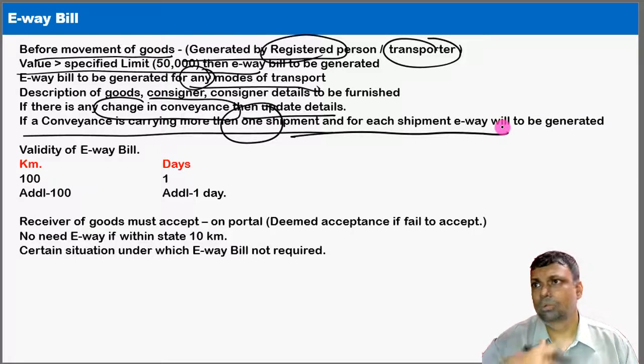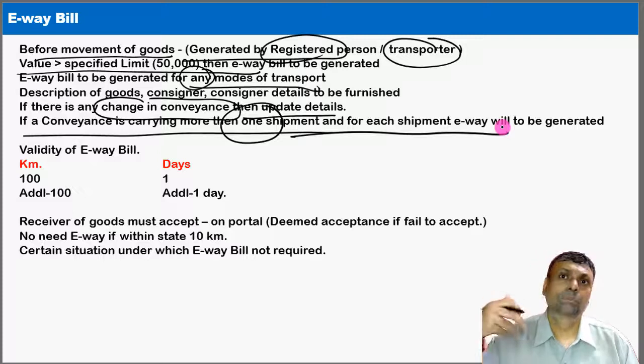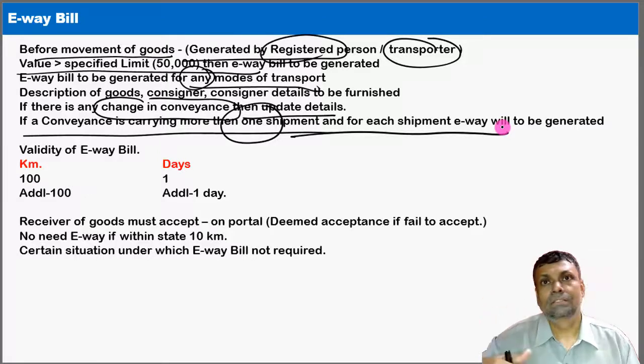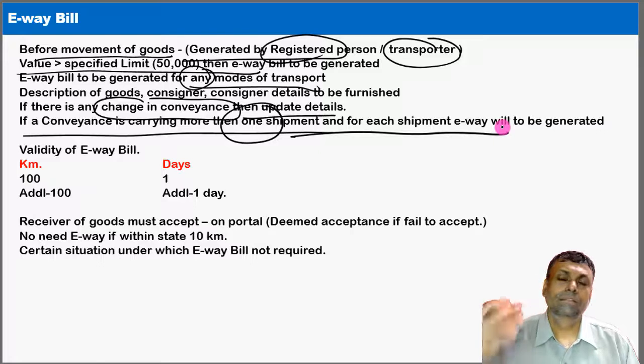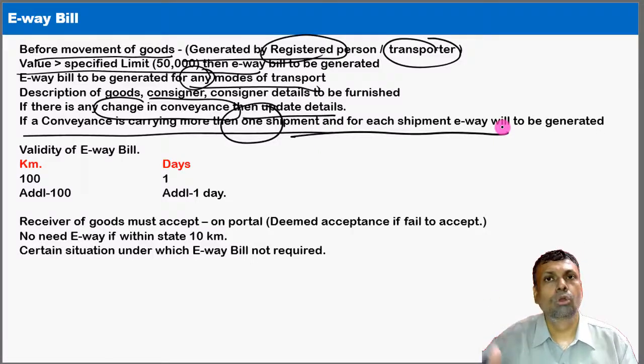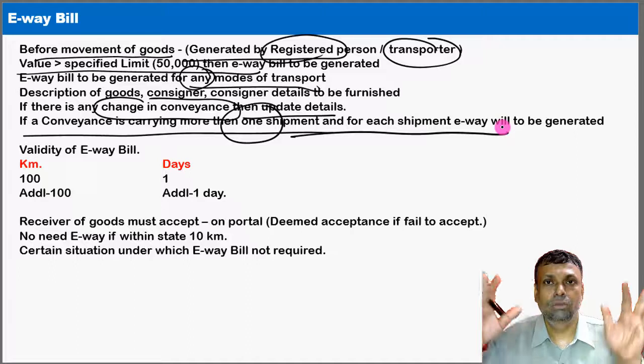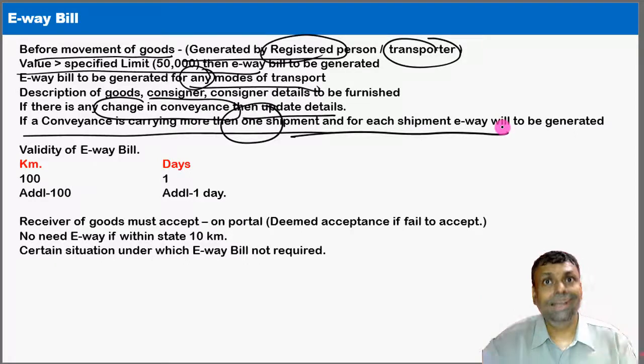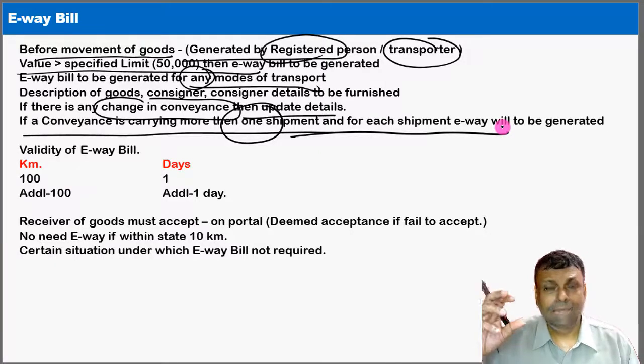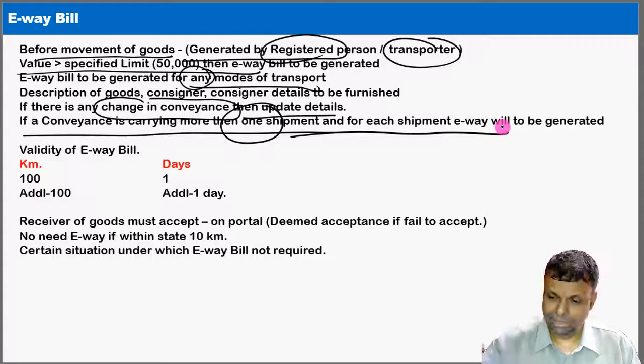So, for example, one goods carriage vehicle is carrying, supposing, 5 consignments. For each consignment there has to be the appropriate document. In other words, it has to be evidence. The whole purpose here is to have evidence that the entire truck of goods going from one place to another carries all the necessary consignments, each with an appropriate e-way bill, and that document has to be generated online.